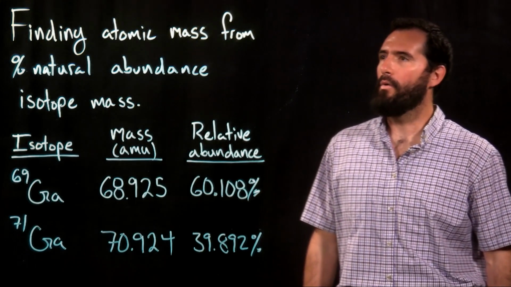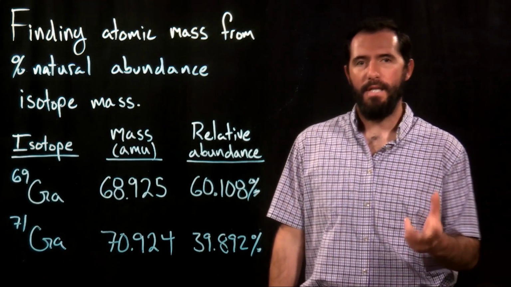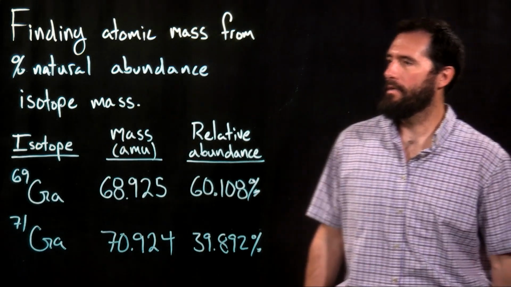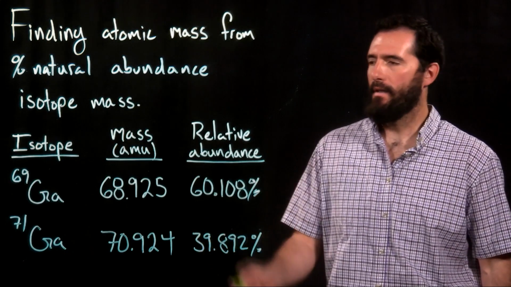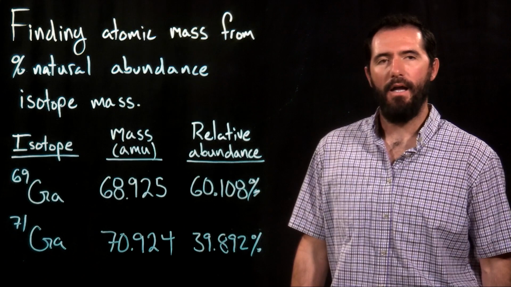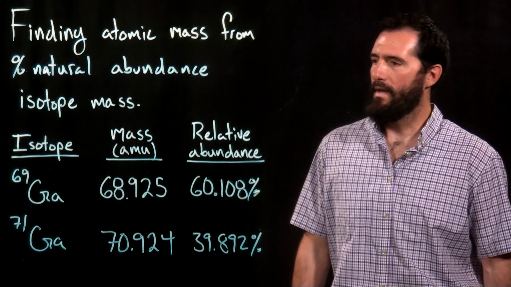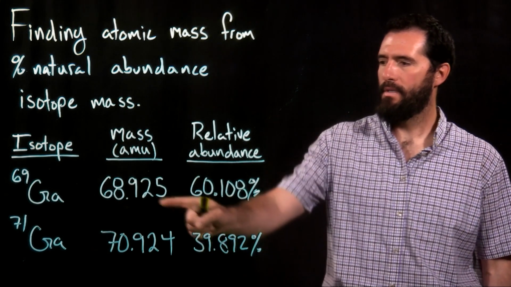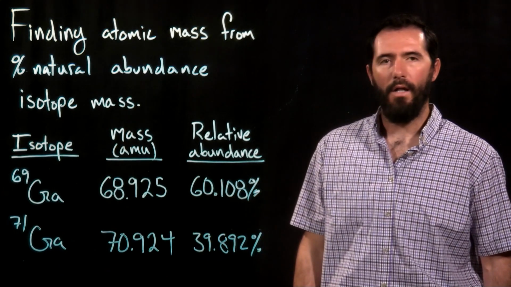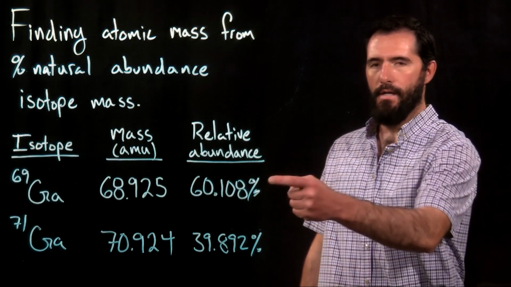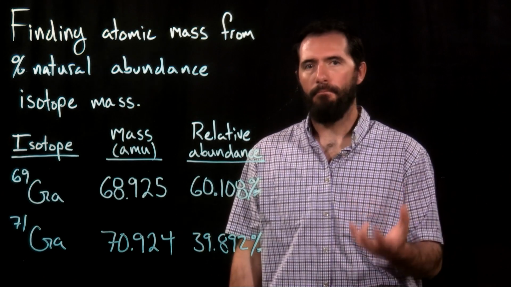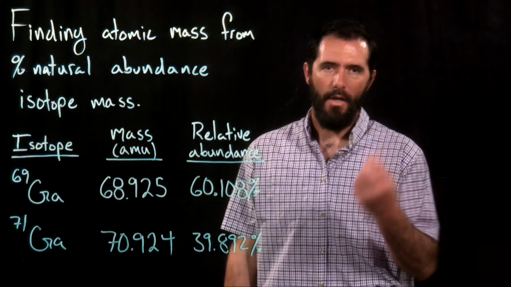In this video, we're going to find the atomic mass from percent natural abundance and isotope mass values. These problems typically start out with a table of information like this. Here we have two gallium isotopes, gallium-69 and gallium-71. We're given the mass of those two isotopes in atomic mass units, and we're also given their relative abundance in percent. Notice that the two relative abundance values sum to 100%, so we know there are two isotopes in this